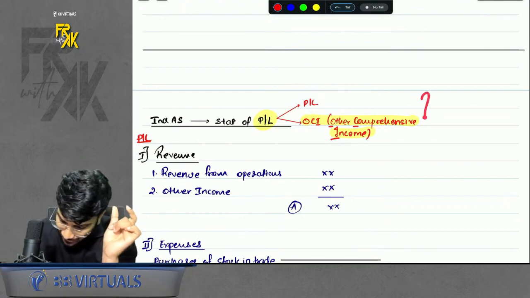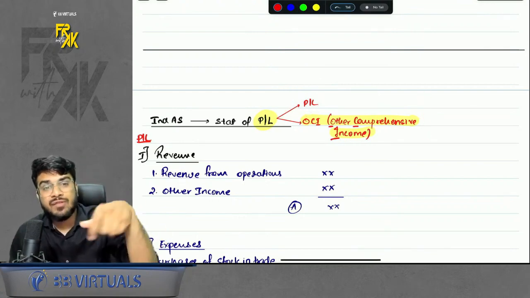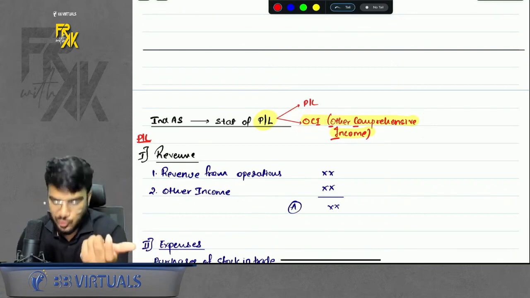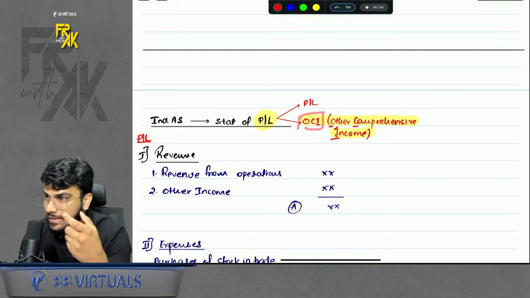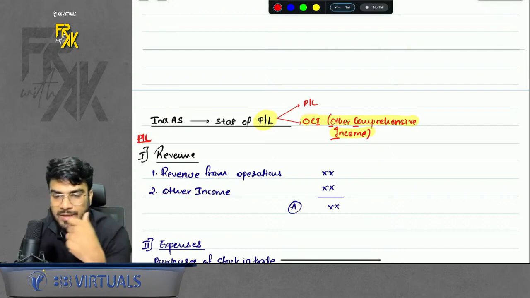So by bifurcating this into 2 parts, you gave a clear picture to the shareholders, to the users of the financial statements, that this profit is unrealized. So you need not consider this while checking the long-term profitability of the company, by checking the long-term potential of the company,